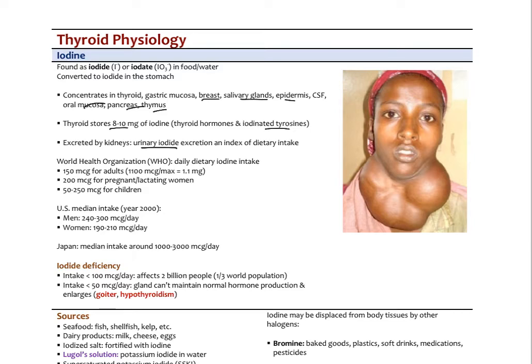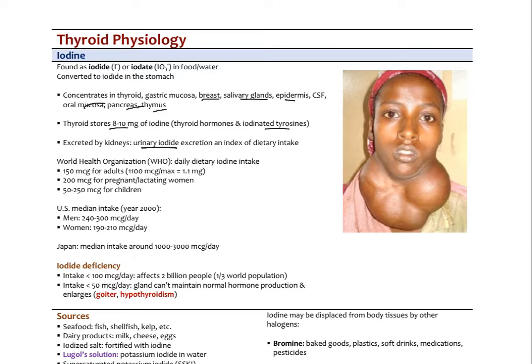But where most people in the US actually get their iodine is from iodized salt. They now put iodine in the salt, and people through any sort of processed foods or salted foods usually get their iodine from that. Interestingly, if you buy the natural sea salts and whatnot, they're usually not fortified with iodine, and if you're not taking iodine in from other food sources, that could potentially result in deficiency,